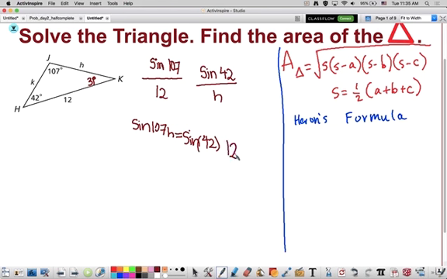So then we're going to divide by sine of 107 on both sides,